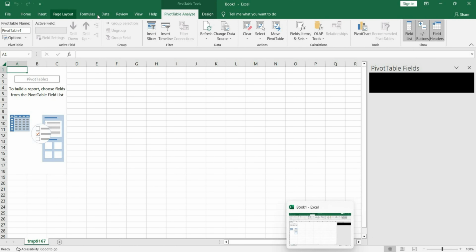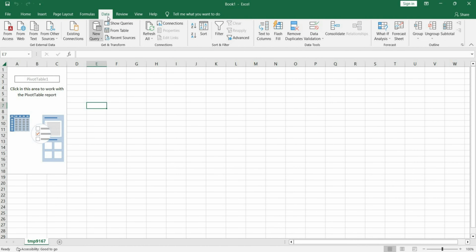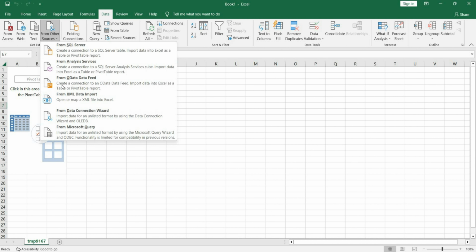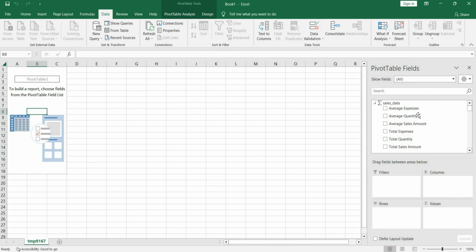From Excel we can go to data and get access from here, from analysis services, choosing from analysis services. But for now, let's